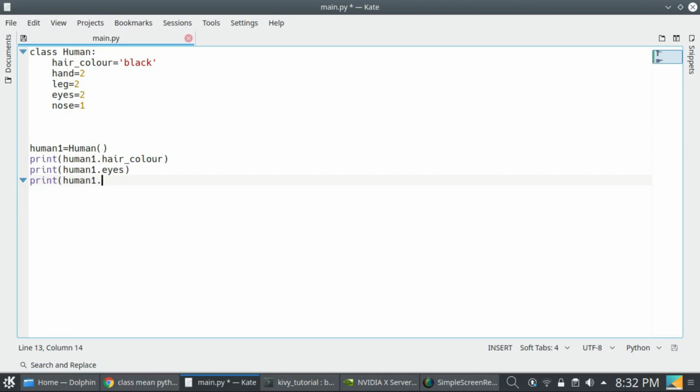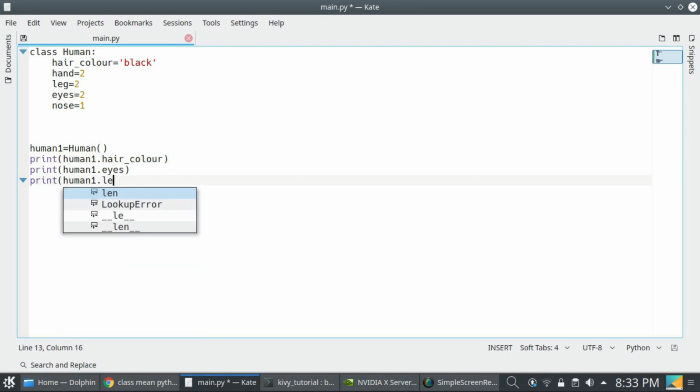I am accessing the value of the human object, hence I am giving the dot sign here. That means human1 dot hair color means I am accessing this attribute of the human1 object.